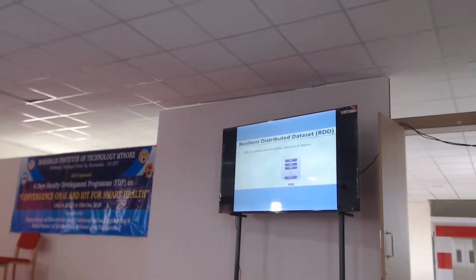To achieve parallelism, what type of structure do we need? Because we want parallel execution of the code, we need to slice the code and slice the data also. What Spark will do with the Resilient Distributed Dataset is make the data ready for distribution. So here what happens? We have RDD. RDD is a collection of